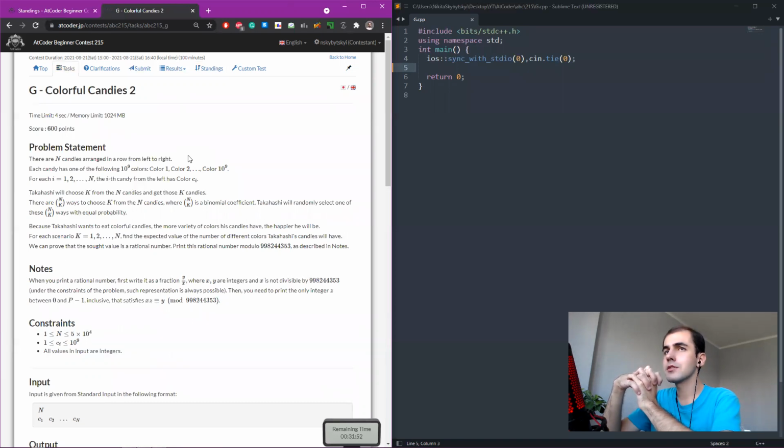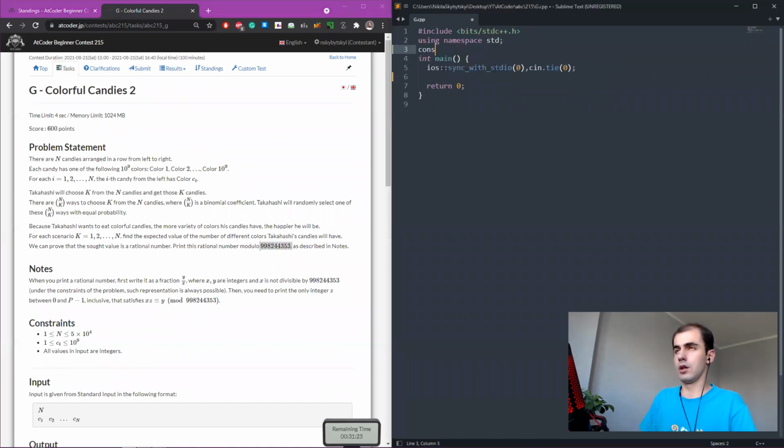Because Takahashi wants to eat colorful candies, the more variety of colors his candies have, the happier he will be. For each K, find the expected value of the number of different colors Takahashi's candies will have. You can prove that the sought value is a rational number, of course, as in all combinatorics. Print the modulo. Yeah, we know the drill. Okay,